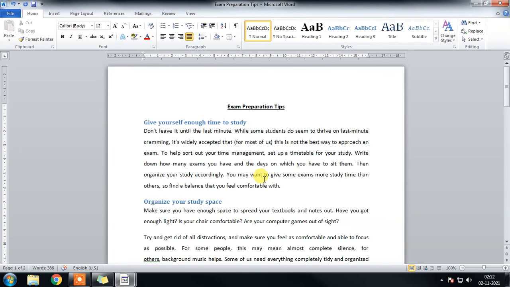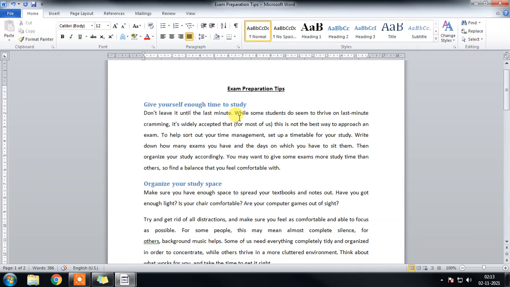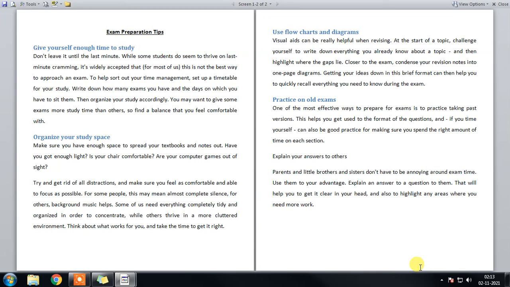Now let's see the view buttons. By default the document will be in print layout view. Print layout view means that what you see, you will get the same when you print the document. This one is full screen reading. If you want to read the document, we can click this so that the full screen is occupied without any formatting commands. We can use this view for reading the document. On the top we will see view options or close. If we close it, only this view will be closed, not the document.